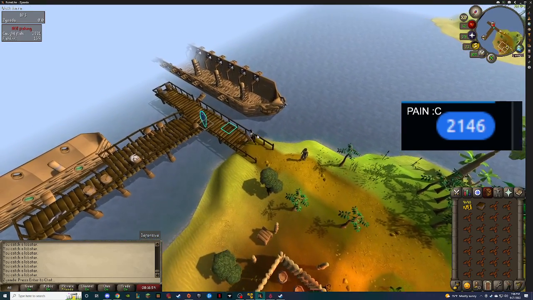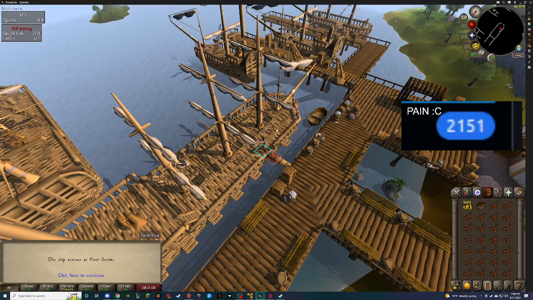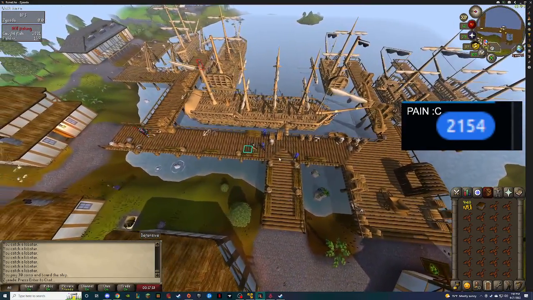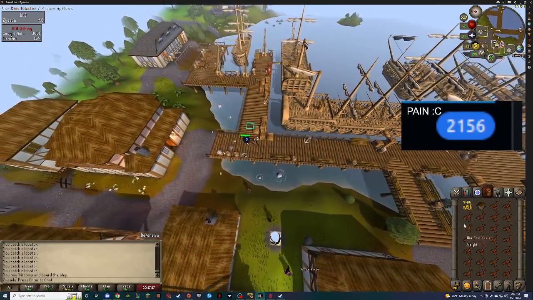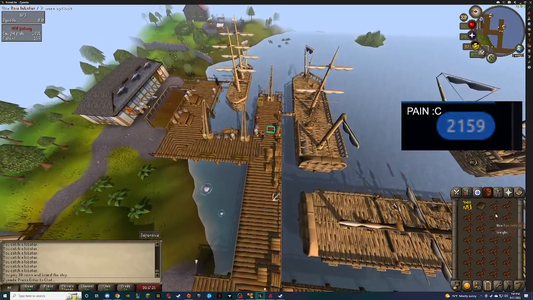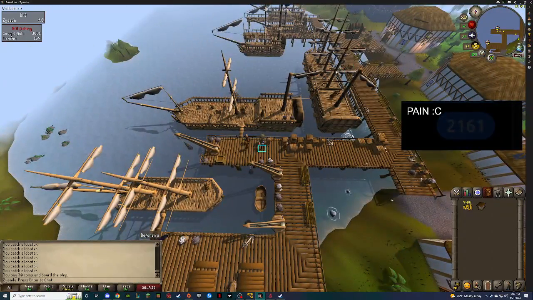Alright, let's see what we have to do for Dragon Slayer, I guess. So, my lobsters, I had 30,000 coins that I started with, and all I've been using those 30,000 coins for is traveling back and forth on this boat, which is 30 coins a trip, to see how many lobsters I can get.